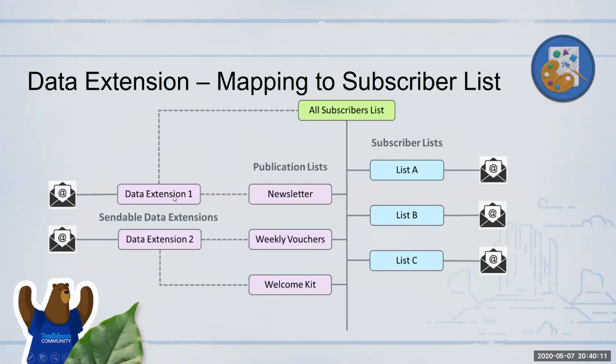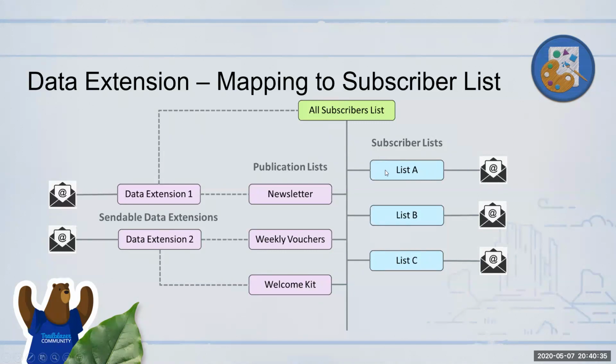So how does that get related? Because at the end of the day, every subscriber that you send email to has to be shown here in the All Subscribers list. Whether it's from a list or from a data extension, they should end up in All Subscribers. You cannot have a subscriber in a data extension to whom you have sent an email who resides only there and does not show up in the All Subscribers list. Okay.